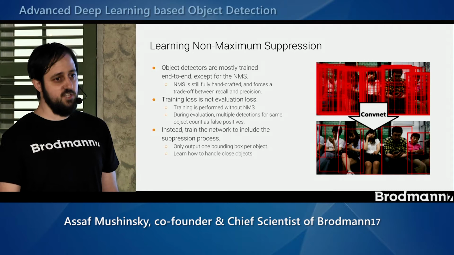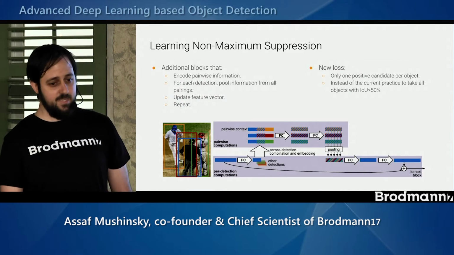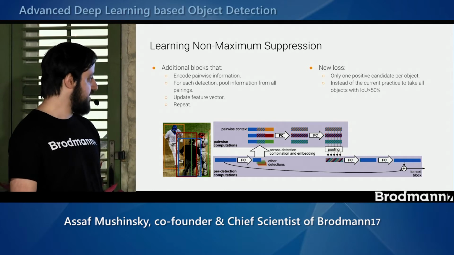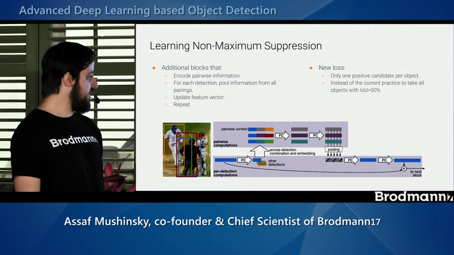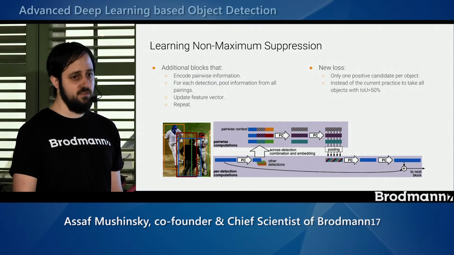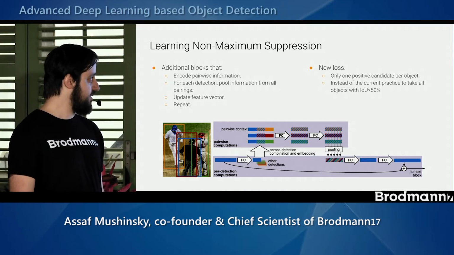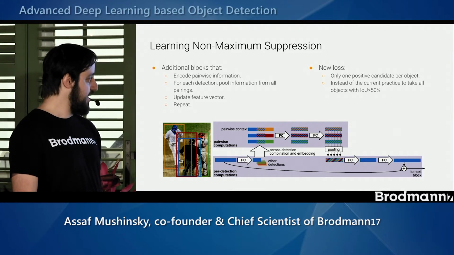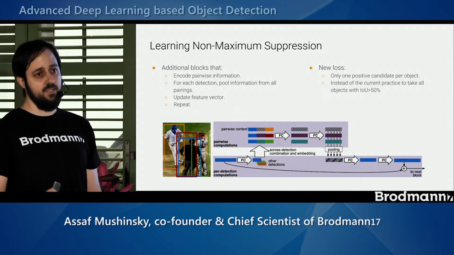So this method suggests training the NMS as well. The way they do this is by adding two contributions. The first one is the additional block that you can see in this image. Each block takes all the detections and the features that were extracted for that region, and combines them with all the other regions. So we get basically n times n computation,